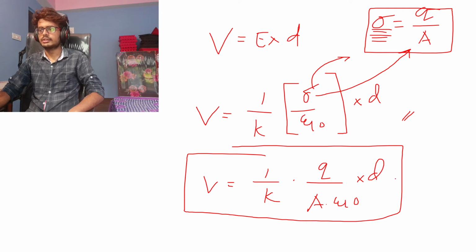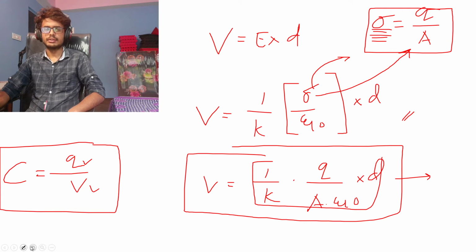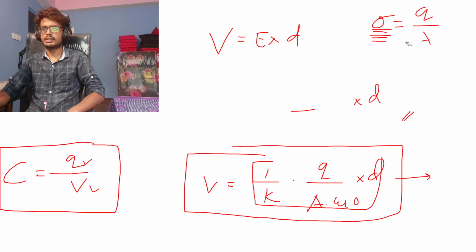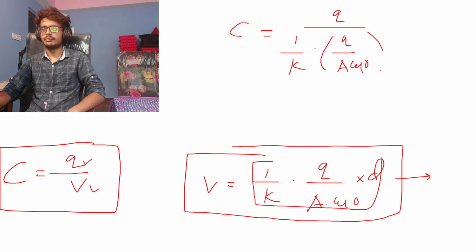Okay. So we come across this formula now. We get the formula of V, right? And we know that capacitance is basically Q by V, right? We derived it earlier. Capacitance equal to Q by V, charge per voltage. So what we do is we just replace the value. We just put Q up there and this value of V below. So I'll just replace all the values. Okay. Let me do it. So I know that capacitance equal to Q divided by V. What is V? V is 1 by K Q by A epsilon naught into D.